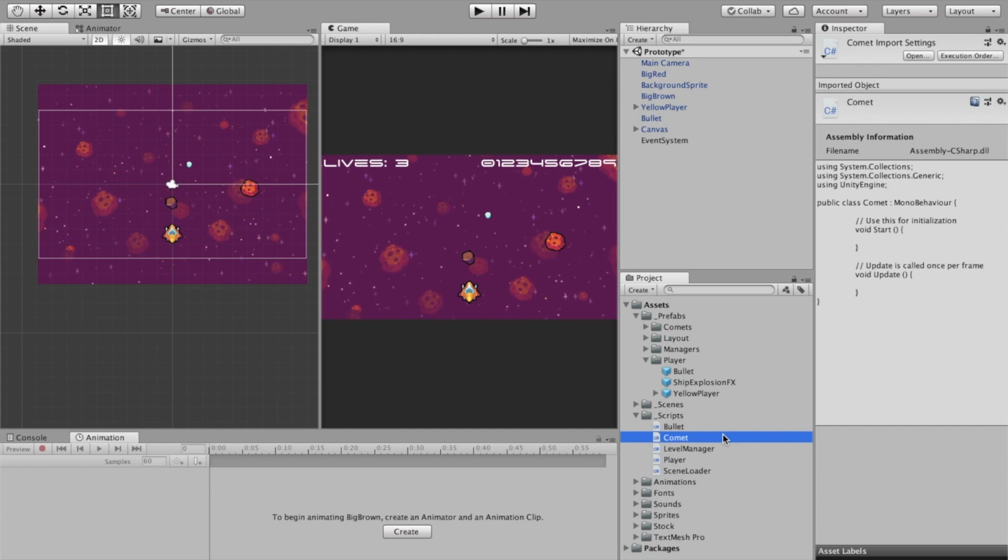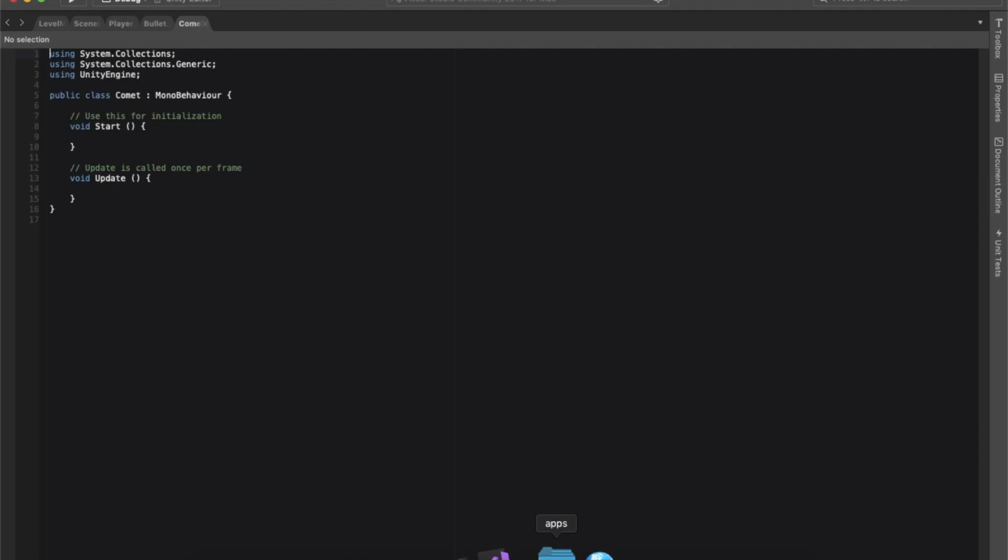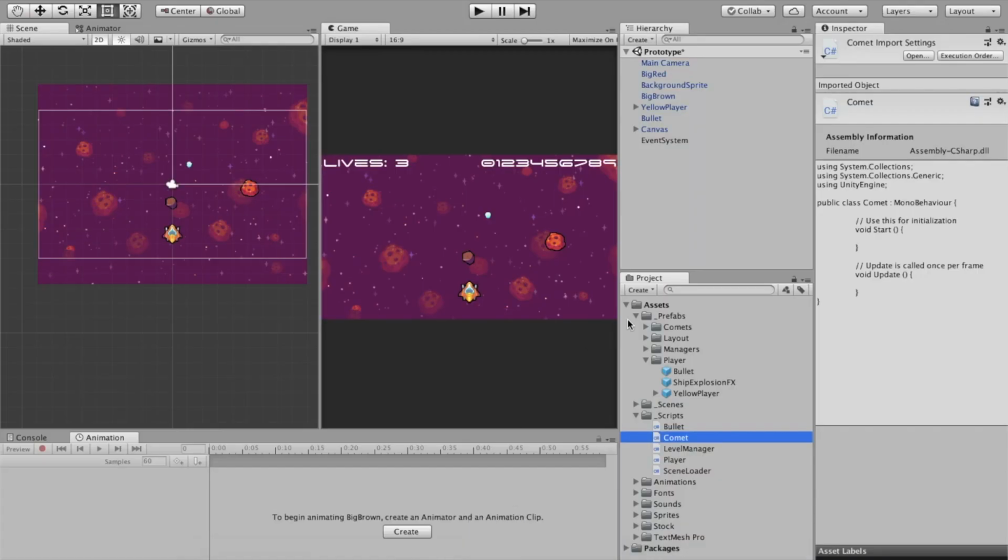And what I'm going to do is have these comets get access to their rigid bodies to create speed and direction. A lot like we did with the player, except instead of an input from the keyboard, it's going to be set to a random amount of